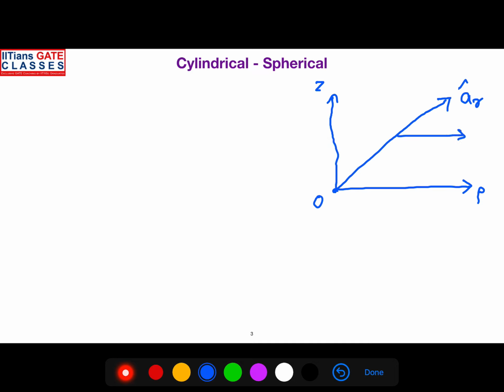So when you move on to the cylindrical to spherical also, the same case we can follow. So consider this is your z-axis, and when you move perpendicular away from the z-axis, you will get rho component, right? And let us consider this is the origin. So the radial direction will be something like this. So let me call it as AR cap, unit vector along R. And as usual, this is rho direction, and this is your positive z direction.